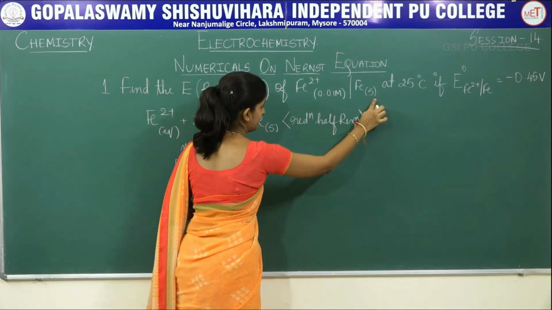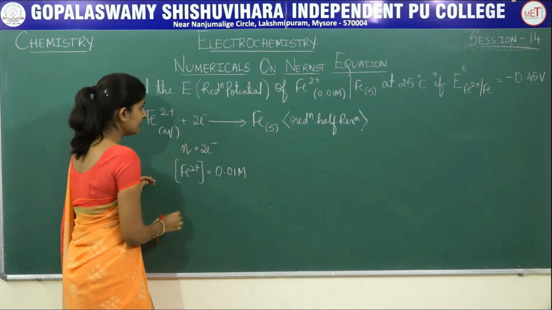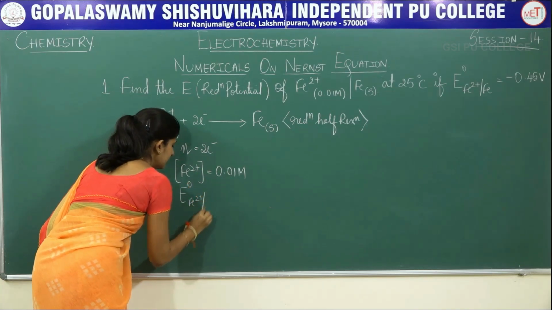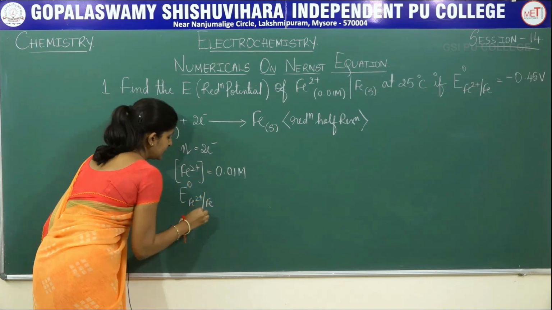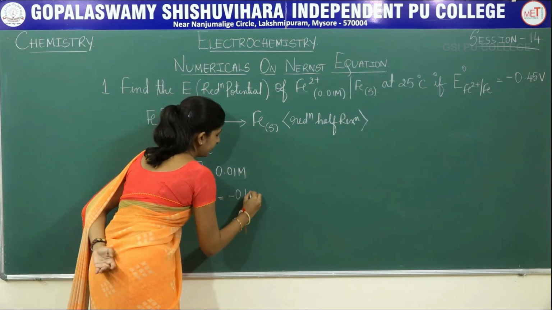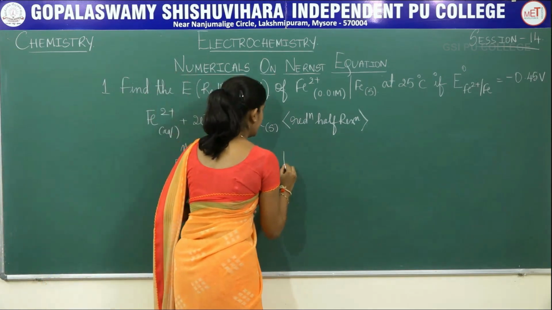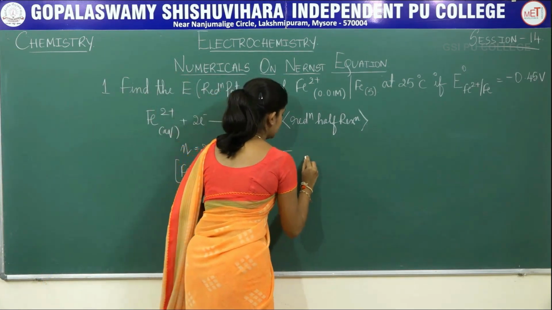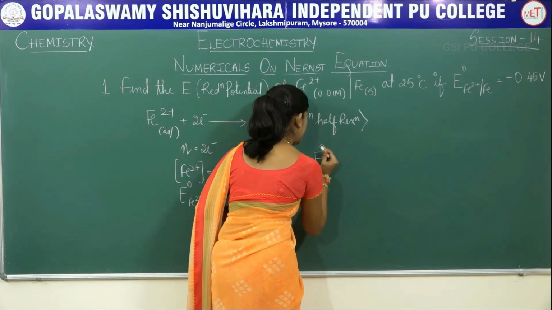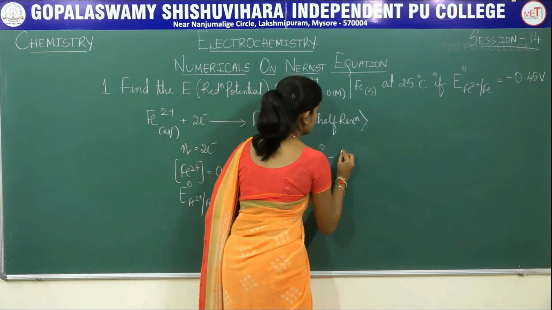Also they have given E naught of Fe2+/Fe equal to minus 0.45 volts. The Nernst equation is E is equal to E naught minus